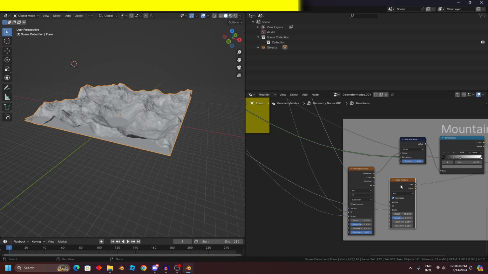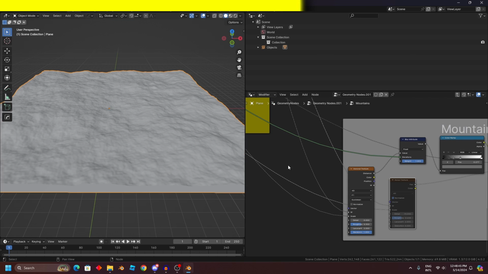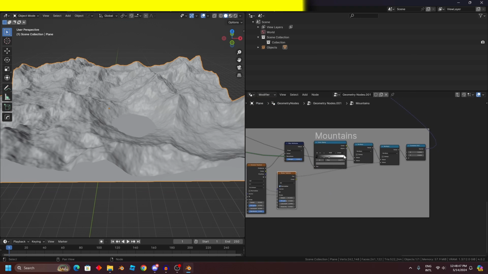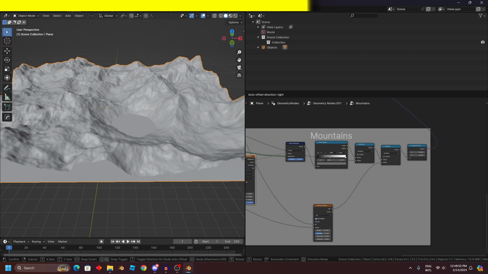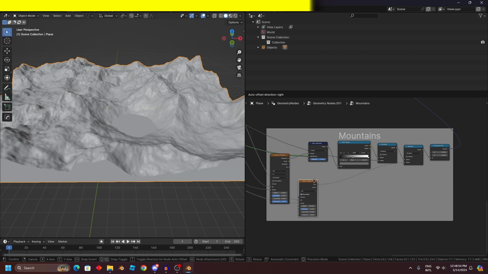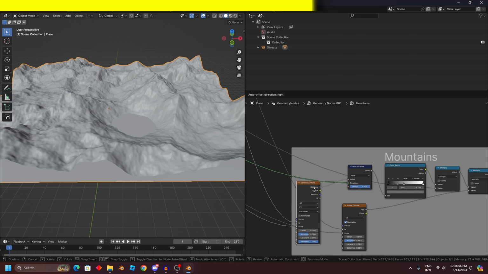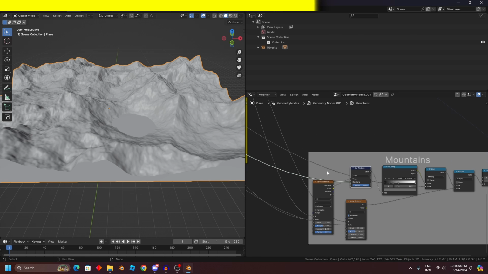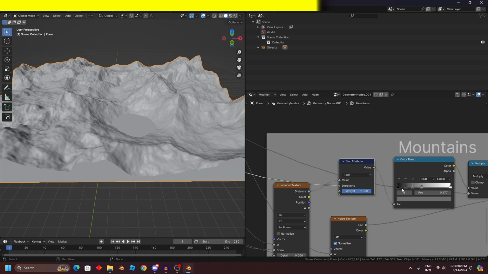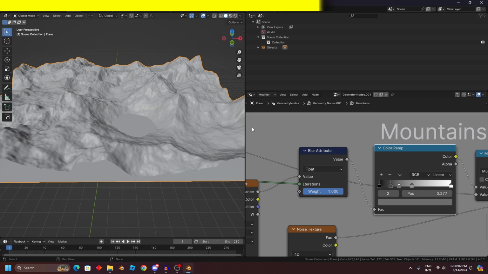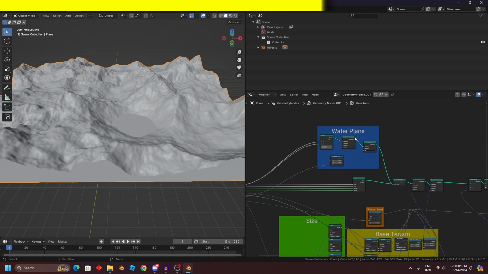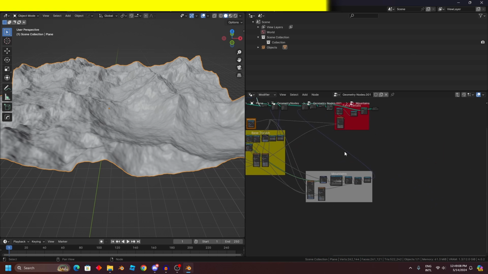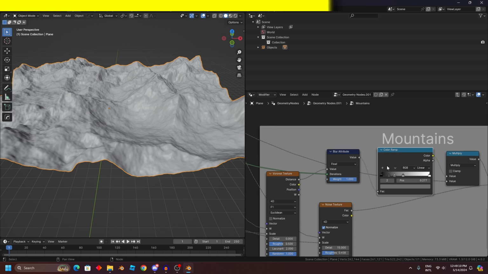If I disable the noise texture, as you can see, it also gets rid of the effect because they are being multiplied together. Actually, first of all, it is not being multiplied together directly. The Warner texture is first run through a blur attribute node. This is where the smoothness is being controlled, and after that there's a color ramp, but to showcase its purpose, I have to disable the water plane first. Now as you can see here, if I disable the color ramp,